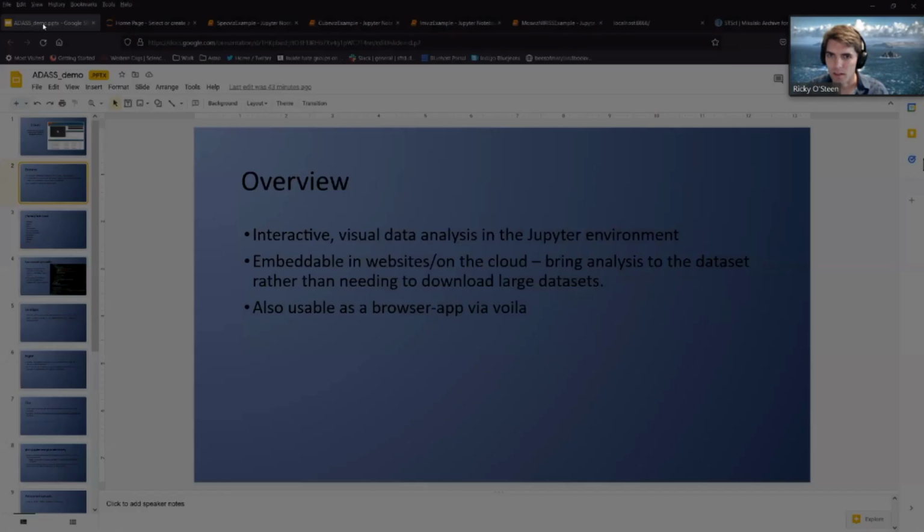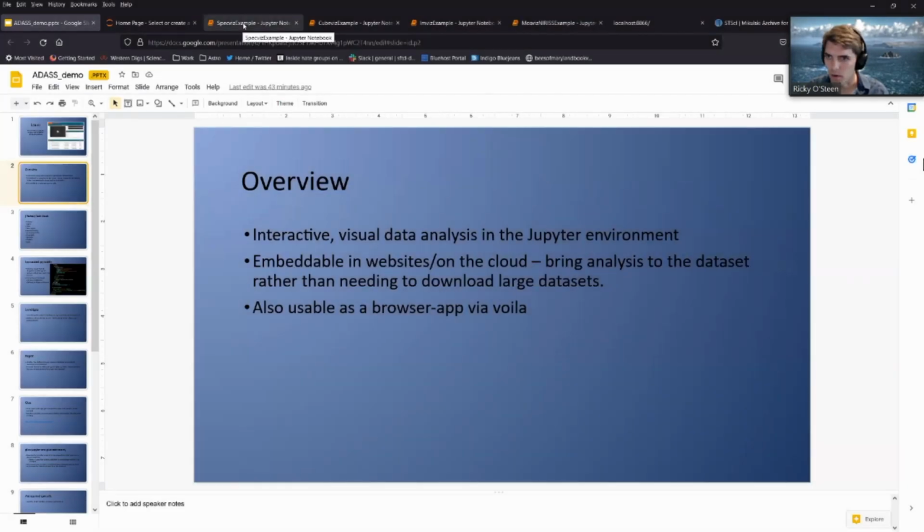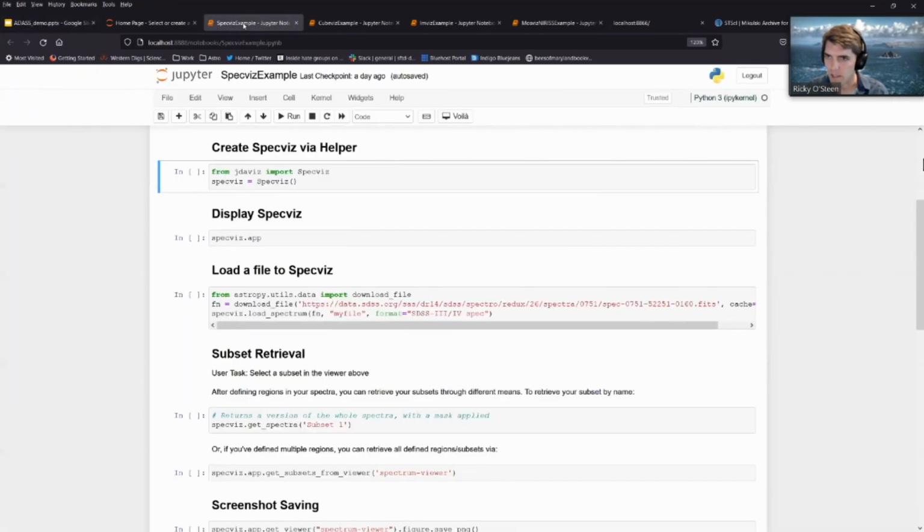Now, let me get rid of these slides and show you something more interesting, namely the application. Jdaviz currently consists of 4 different configurations. These are pre-built configurations to help with different modes of analysis, and the names are fairly self-explanatory. There's Specviz, which is for analyzing spectra, Cubeviz for data cubes, Imviz for looking at images, and Mosviz for multi-object spectroscopy. The first one I will show you is Specviz, and the main way I'll be showing you how to